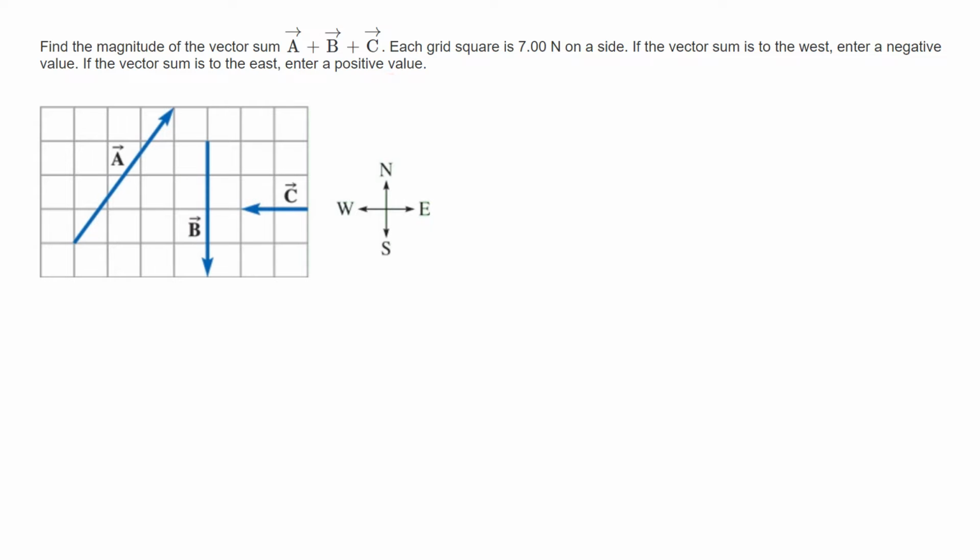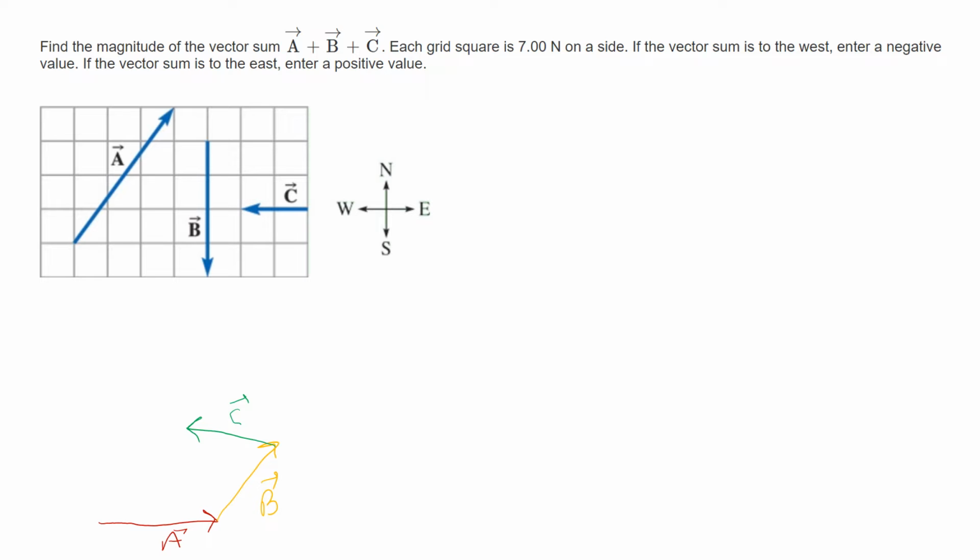enter a positive value. So for this, first of all, we need to see what we mean by addition of vectors. Suppose we have multiple different vectors: this is the vector A, this vector is B, and another vector we have is vector C. How can we find the addition of these three vectors? We need to take the closing side of this